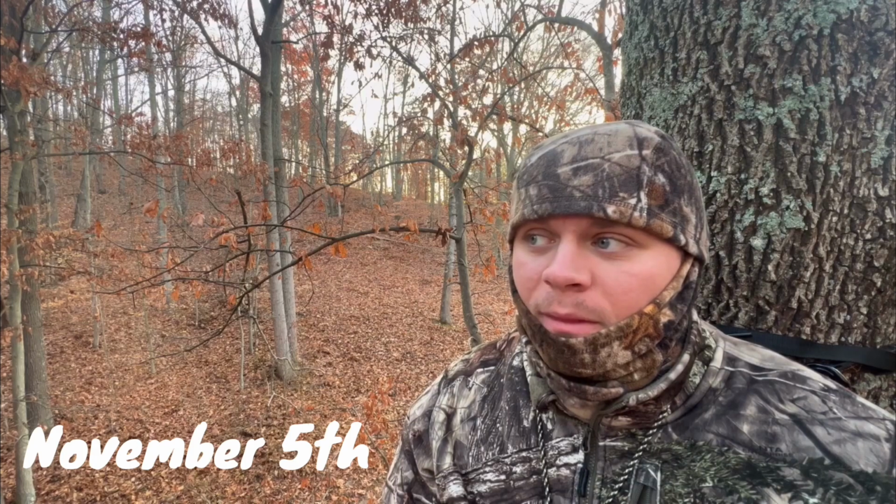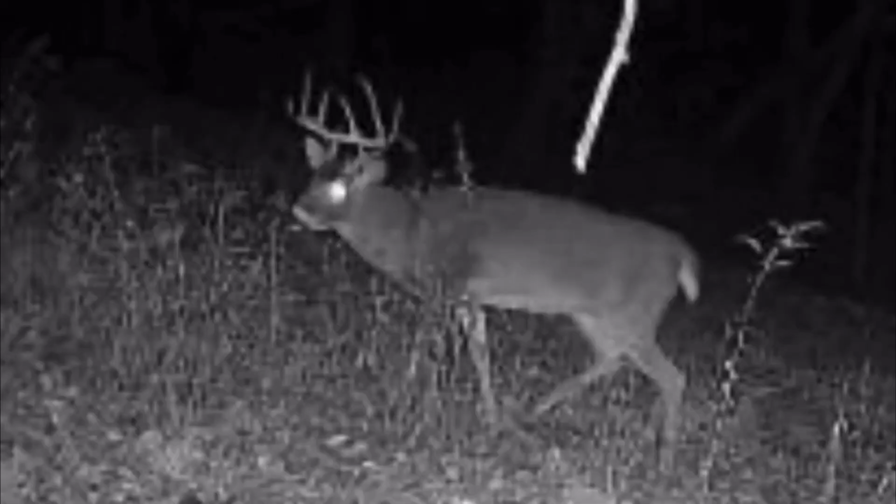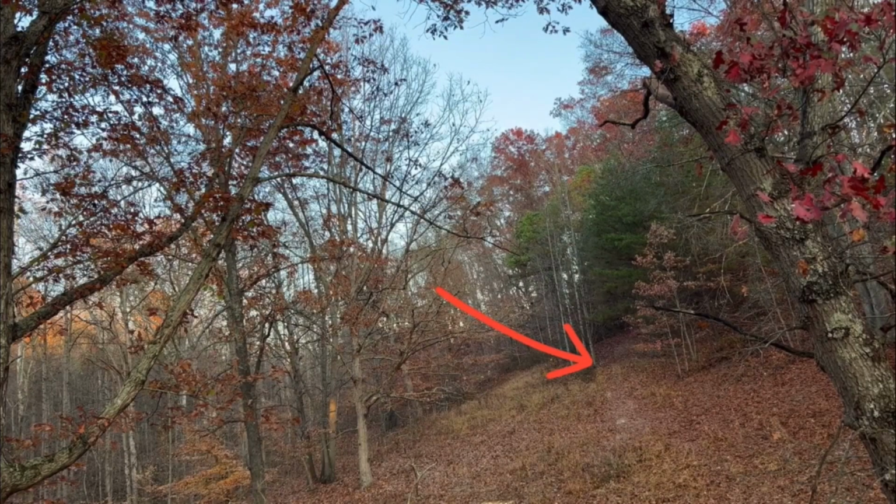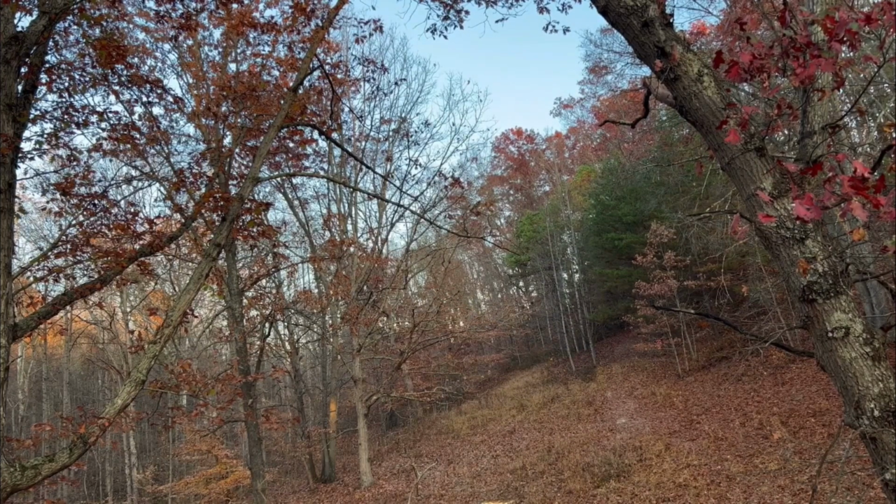Out here on this property, I just set up my cell camera yesterday, and I had a notification at about 1 a.m. this morning, and I checked it, and it's the big 12-pointer that we've been after on this property that we named Tops. He showed up last night, and I actually had my first daylight encounter with that deer about 30 minutes ago. He came off this hill in front of me, and instead of coming straight towards me like they normally do, he took a right and followed a trail of does that were on the corn this morning. So I couldn't get a shot at him. He wasn't too far, but he was just behind a bunch of stuff. That deer was smart, he was older, and he knew his way around the woods,